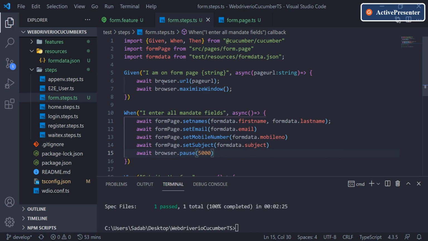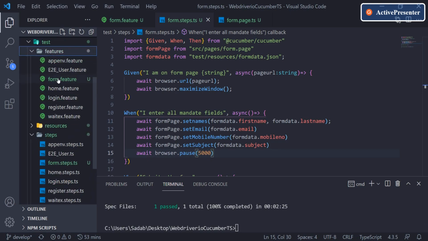So let's run this file and check whether it's working fine or not. To run this, I want to target only this feature file, I don't want to run all, and we have already seen how to execute it. Let's just do it again. We'll say npm run test, hyphen hyphen spec, then the folder path.